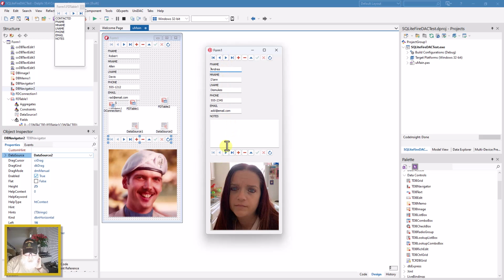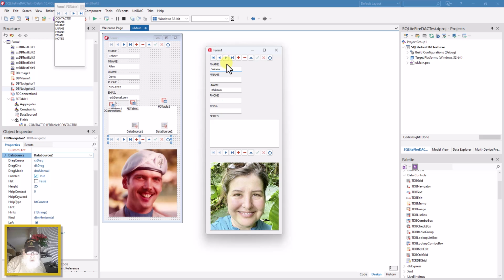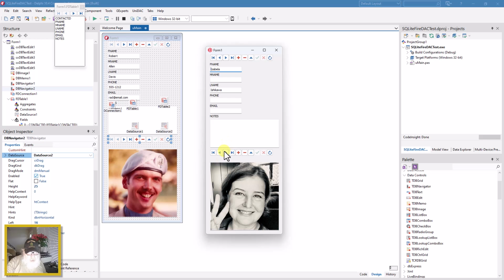And my very sweet friend Andrea, she's got the 2. It's Chloe, Andrea's daughter. And that's it for her. And this is my very dear friend Isabella. And she's got,